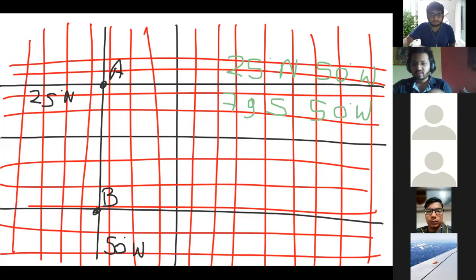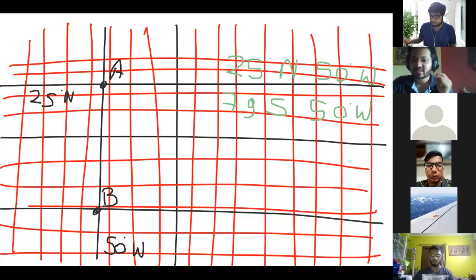Okay, great. Now, in this question, can you see we are not changing the longitude. We are changing the latitude. Our longitude is the same. We are on the same longitude, that is 50 degree west. हम longitude को बदल नहीं रहे. हम बस latitude change कर रहे हैं. So now when you are changing the latitude, सूरज बताना जरा कितना change है latitudes में? Change in latitude कितना है?